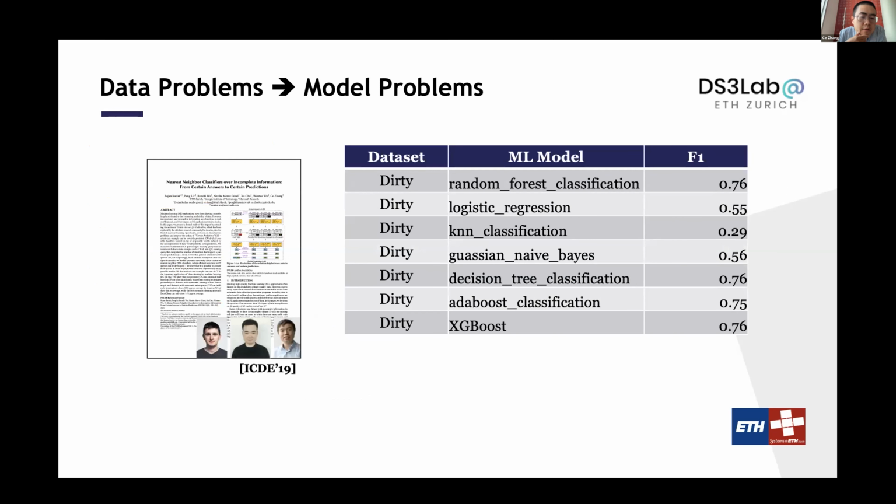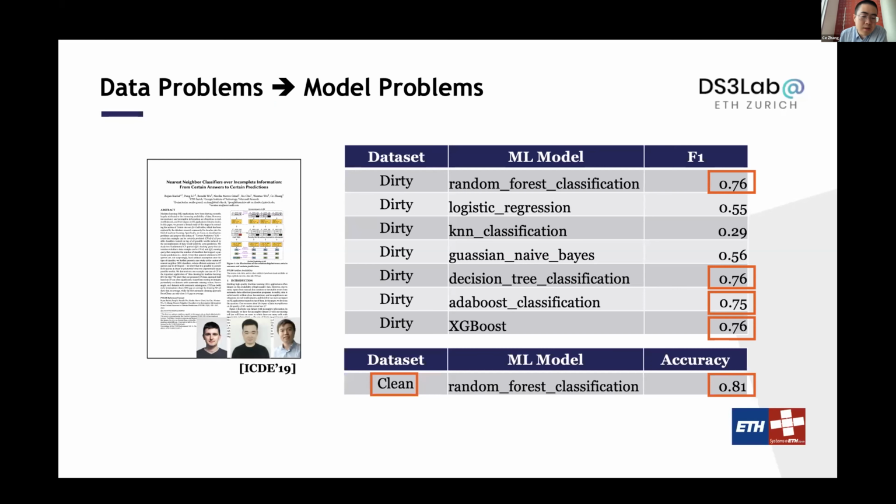So this is actually one paper we had at ICDE three years ago, before people kept talking about this data-centric thing. What we realized is that if you take one dataset, which is dirty, you can try a whole bunch of machine learning models. And for each one of them, if you think about the F1 score as the metric of the quality of the model, you can see first that different machine learning models actually make a difference. Some of the models are not that good, some of the models are really good. But one thing that you can realize is all of them stop at this magic number, 76% of F1. And no matter what you do on the machine learning side, it just cannot get higher anymore.